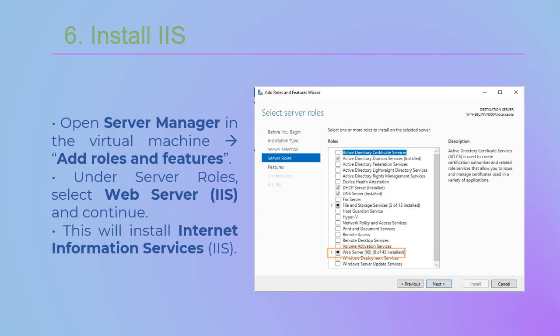So to install it, we go to Server Manager, then go to the option Add Roles and Features, and then select from all the different features the one called web server, which is under server roles. And this will enable Internet Information Services on the virtual machine, allowing us to host the website.